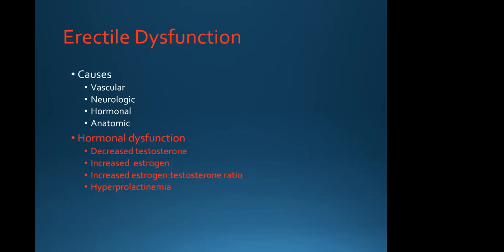And again, one of the things we need to determine is whether it is a psychological versus a biochemical or anatomical issue. Anatomically, we should be able to determine that with either examination or potentially an MRI or something like that. If it's psychological, one of the things that they will use is nighttime tumescence. And with nighttime tumescence, they typically either put something around the penis, or the old simple way was they would literally take a piece of paper and put it around the penis when the penis was